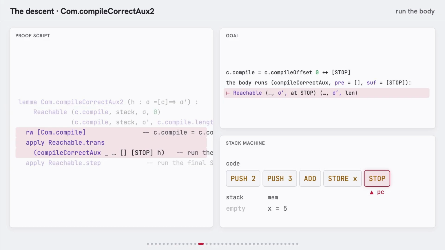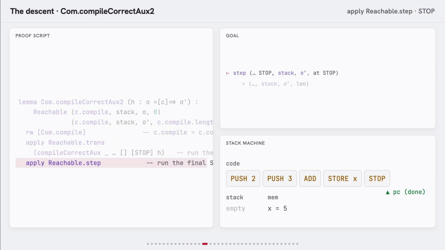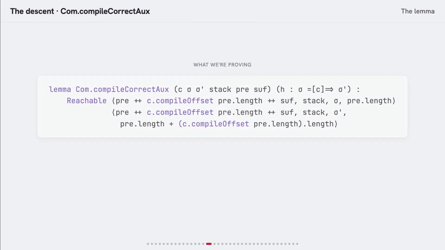The program counter is parked at stop, the memory is in its final state. One more step executes that stop, which simply moves the program counter to the code's length. This layer is done and we can get into the lemma where the real work is done. Alright, we're finally ready to look at a lemma that analyzes the IMP language's commands,